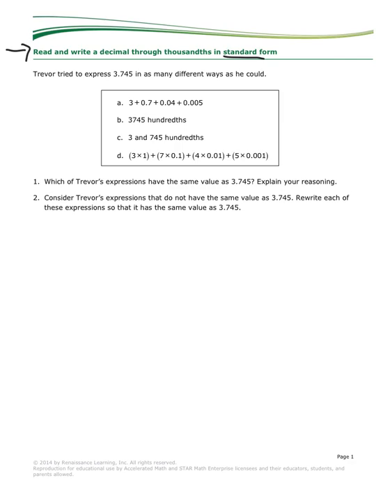Question 1 says, which of Trevor's expressions have the same value as 3 and 745 thousandths? Explain your reasoning. So you have to prove, for number 1, choice A, B, C, and D, which combination of these or all of them have the same value as 3 and 745 thousandths. So the one that I would think would be challenging for you is B,